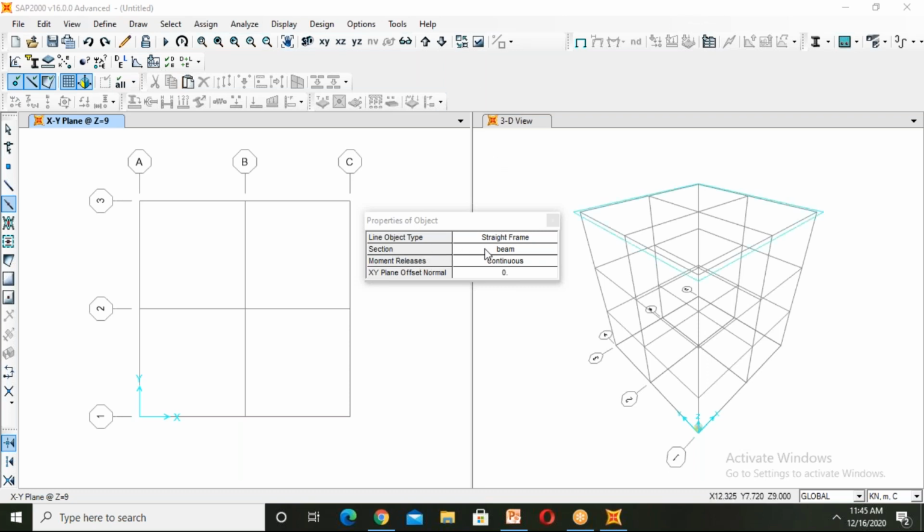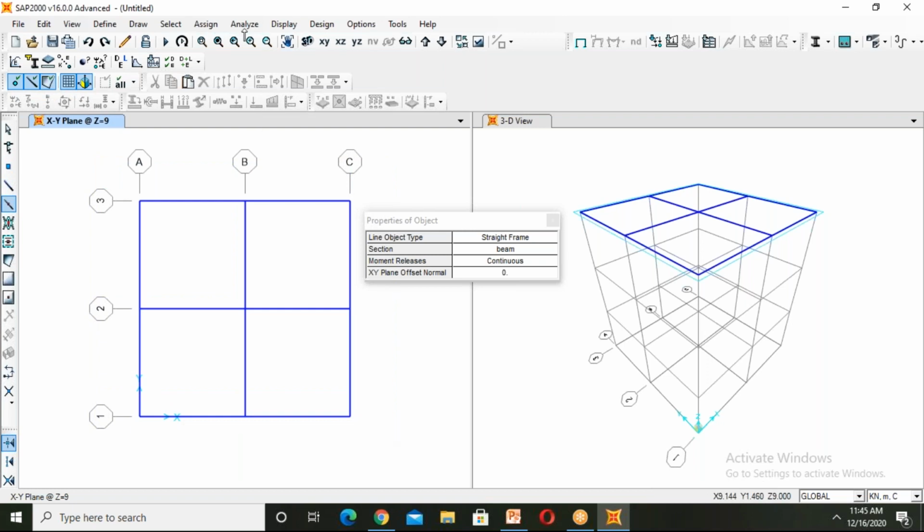Line object. So the section is beam here. Now we are drawing beams. So just drag from left to right, and the beams will be assigned. And then just click on the down arrow for another story. Then the beam will be assigned. Then down story, just okay.